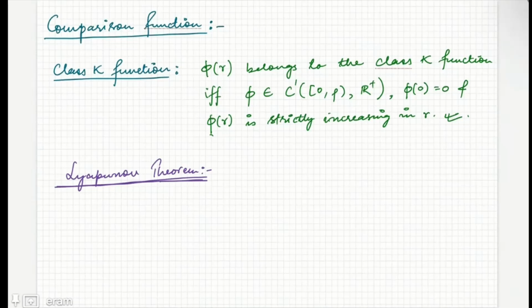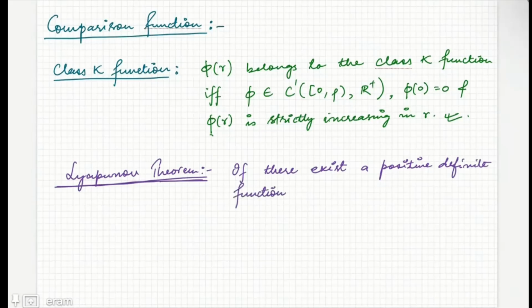For that, the Lyapunov theorem says that if there exists a positive definite function, we need to define some inequalities on the Lyapunov function. That's why the Lyapunov function should be scalar. So if there exists a positive definite scalar function,